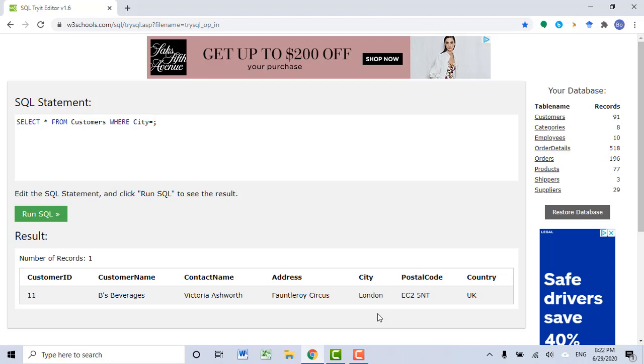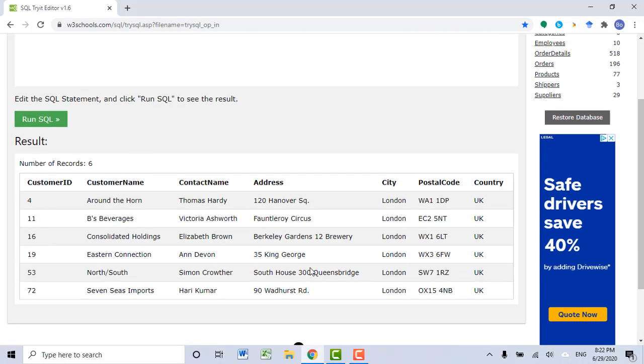Because this time, the search condition is textual data. It's London. It's a text, right? We cannot directly search textual data. We must include the textual data in 2 double quotes. So after the equal sign, I want to type in 2 double quotes. And then between the double quotes, I want to type in London, the city name. And then click Run SQL. Now you can see the customer information because they are all from London, as you can see in the final